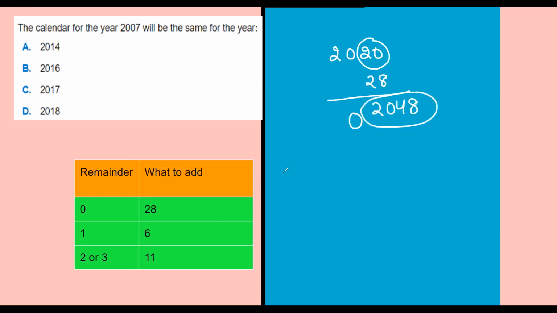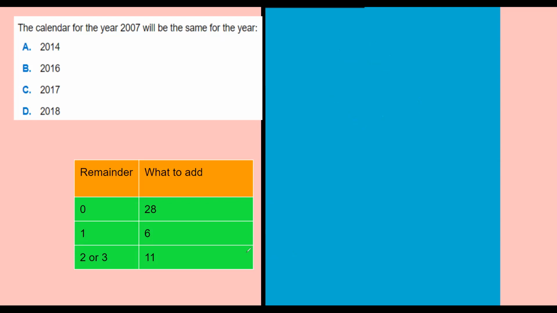There are exceptions to this rule. I have tried to cover it in another slide, and I'll just discuss it with you. To be concise, when you are dividing by 4, the remainder will be either 0, 1, 2 or 3. For 2 or 3, you have to remember 11. When the remainder is 0, you have to add 28, and when it is 1, then you have to add 6